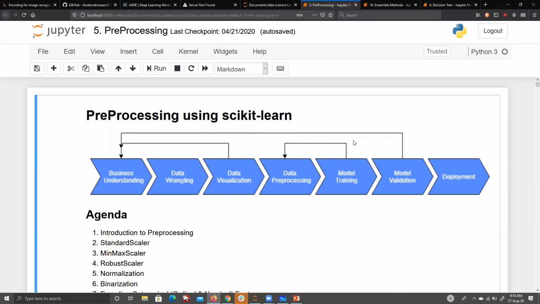Okay guys, so first the diagram that you are seeing is about a pipeline scenario, or a data science project development scenario. The very first thing is requirement gathering or business problem understanding. Unless you understand your business problem or what kind of metrics you want to improve, nothing is really going to change. After that you do data wrangling.